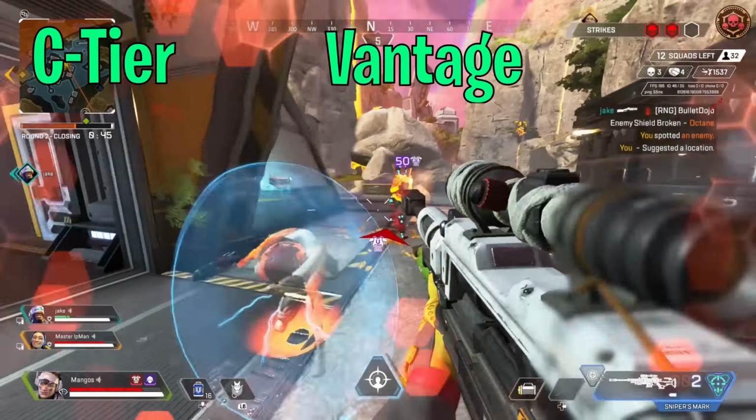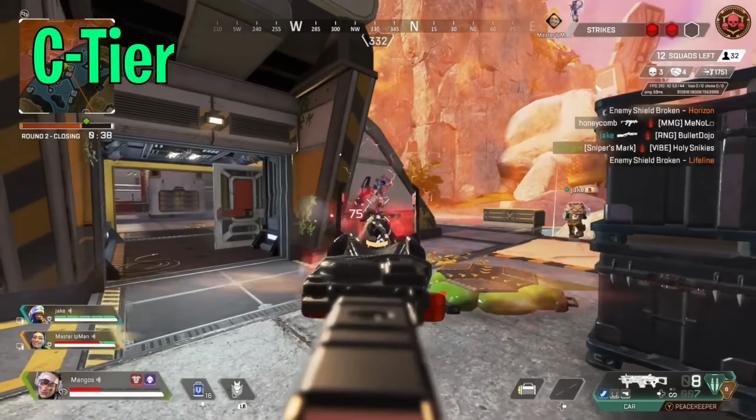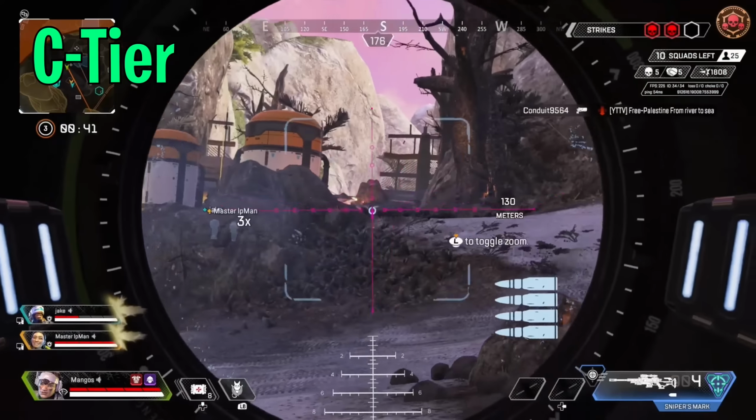All right, next up is Vantage's ultimate. Now, this was buffed at the beginning of the season. It now has 6 bullets instead of 5, but I honestly feel like this ability doesn't currently fit well in the game of Apex. This ability is the only ultimate that you're able to use some of before it's at